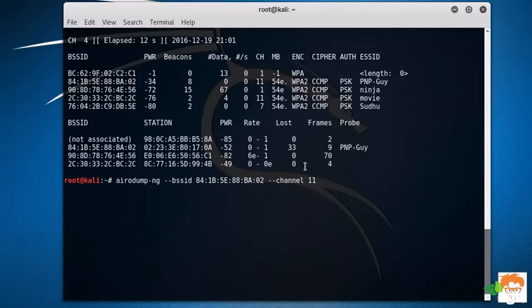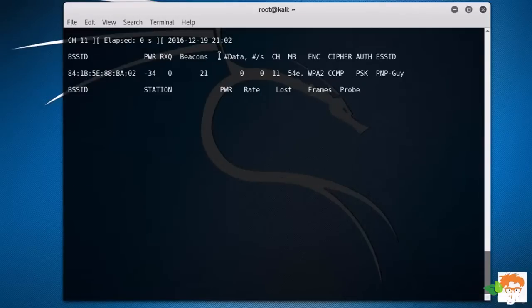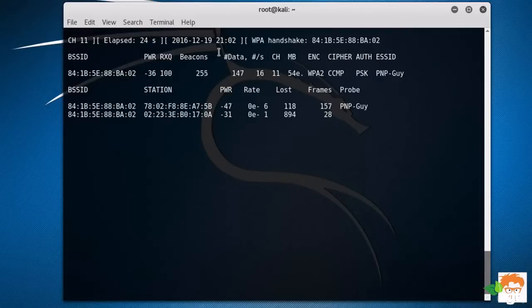Now I won't write these packets into a file. I will simply type in here wn0mon as the monitor mode interface, hit enter. Now it will scan all the Wi-Fi clients connected to this router. Now there are two stations connected to this particular Wi-Fi router. The first one is 7802F88E and the second one is